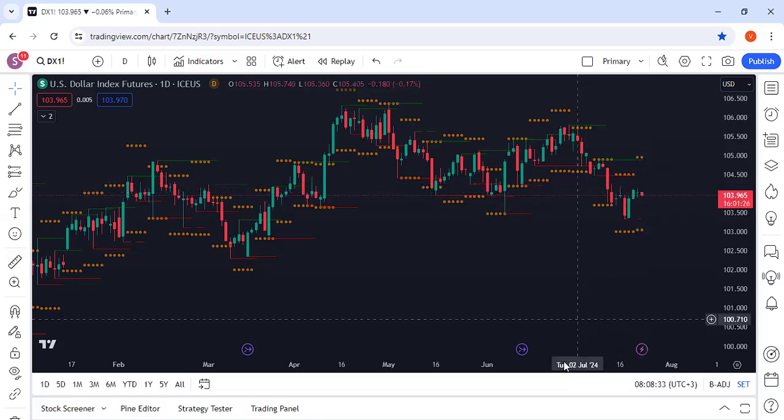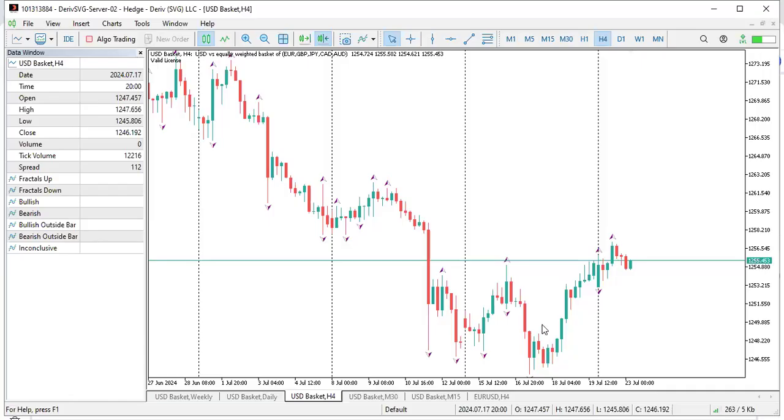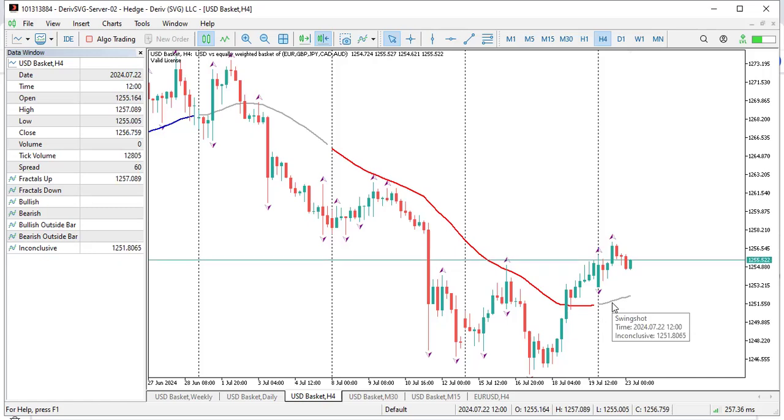All right. So, swing shots. If we go to swing shots, let me just refresh this so that the indicator will show. All right. So we are basically inconclusive for the week, right? If you've watched the swing shot video before, or if you're attending the FXP course, you will understand how this is derived from the price action of the last 2 weeks.